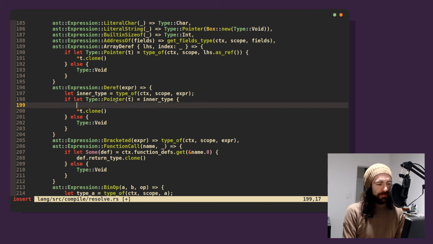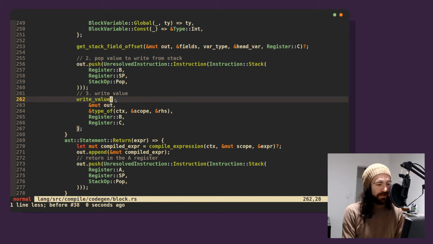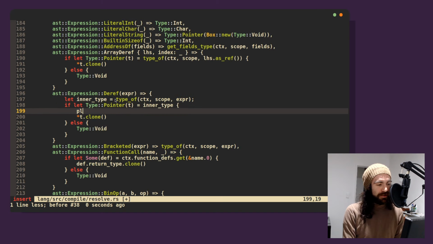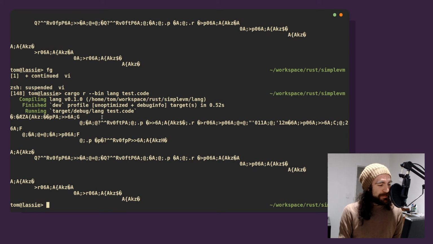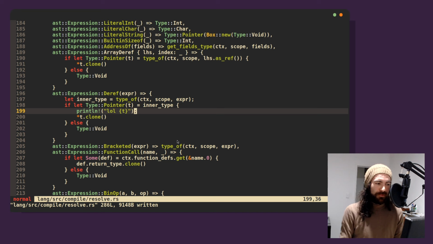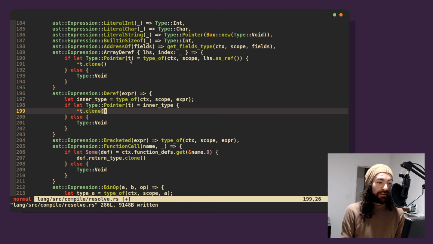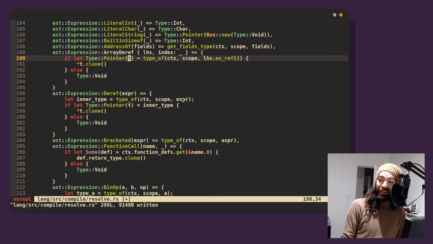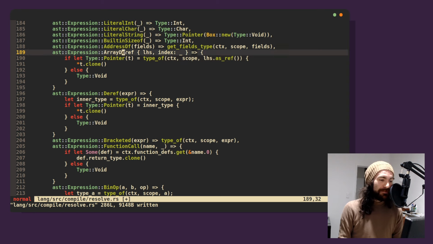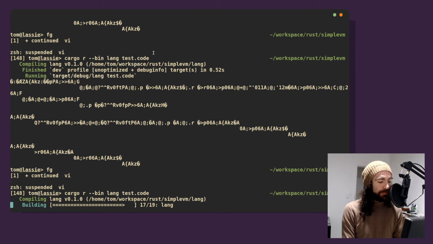So let's just do the really stupid thing and println it. I don't really care. I just want to see some stuff happen. Now. Interesting. Even though these get rewritten to be the same thing, they behave differently. Okay? Smartly, I ignore the type of the index. This is good. But here...